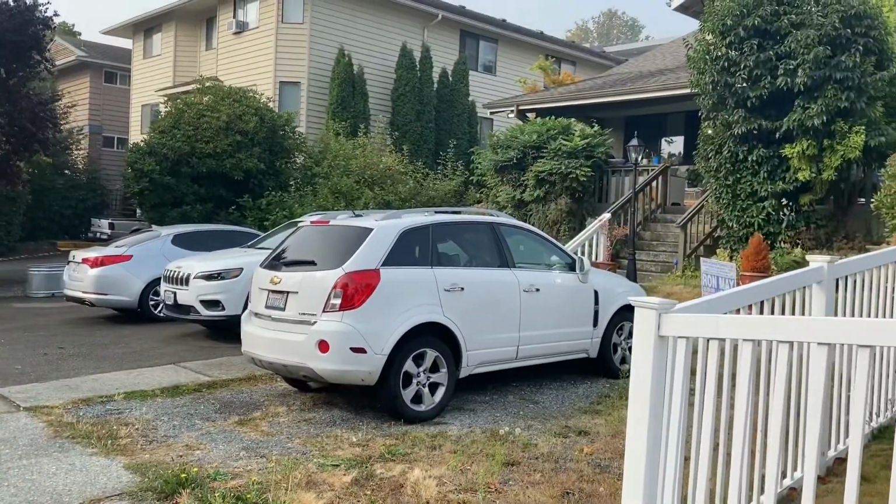Okay guys, we're looking at a fourplex here in North Everett. North Everett is a great up-and-coming area. It has been being revitalized for the past decade or so, and it's been a great area. I actually went to high school right by here, and I love real estate in North Everett. I personally own and manage a lot of multifamilies in the North Everett area, close to 100 units, probably over 20 buildings. A lot of them are just like this building here, which is a fourplex built in the early